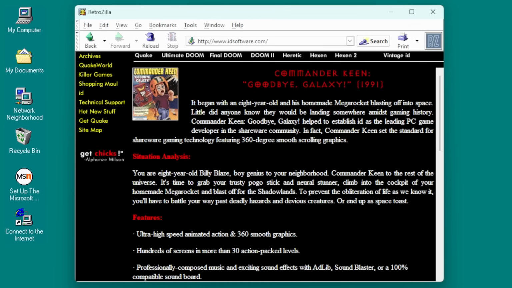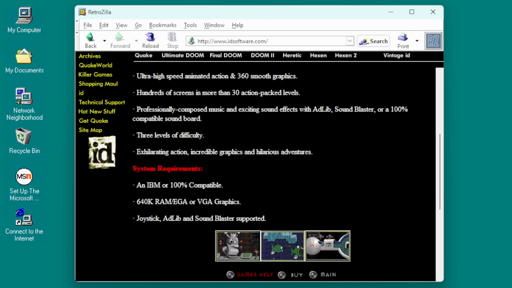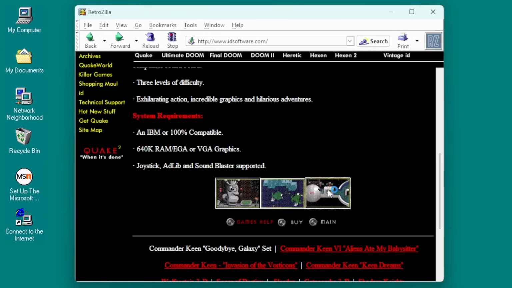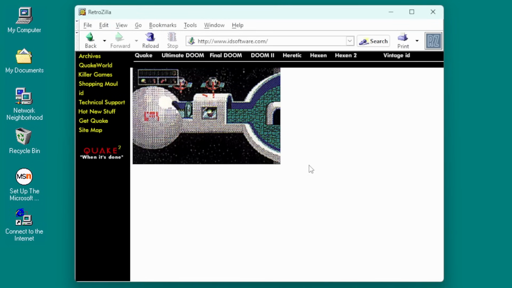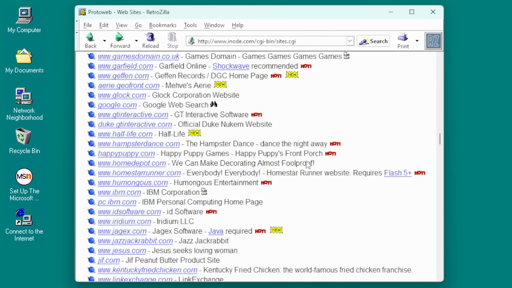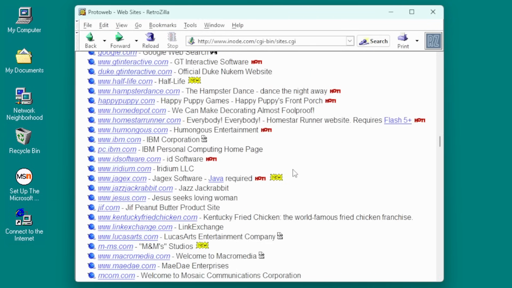Commander Keen. I think this might have been the first id Software game. I might be wrong. I never did play it, though. Moving on, we got